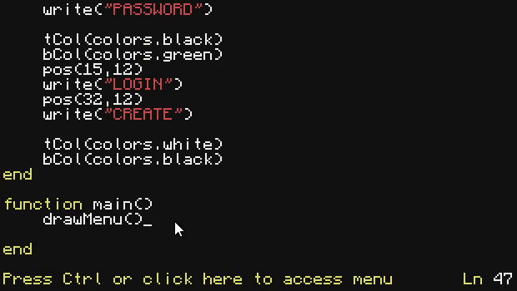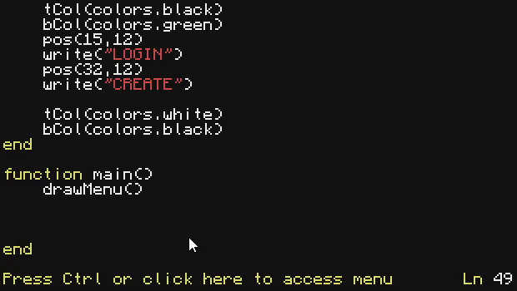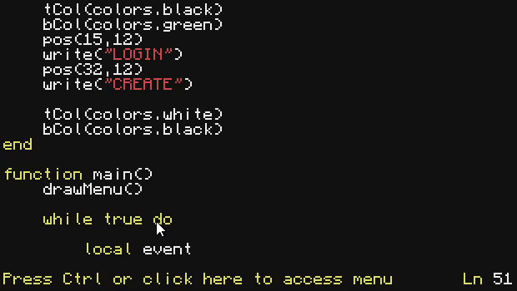And that's done with a loop. Go ahead and do a while loop here. And we need to pull an event here. When a user is clicking on the screen, that is an event. And the event is called mouse click. So we're going to define a few variables, one being event, then button, mx, my,